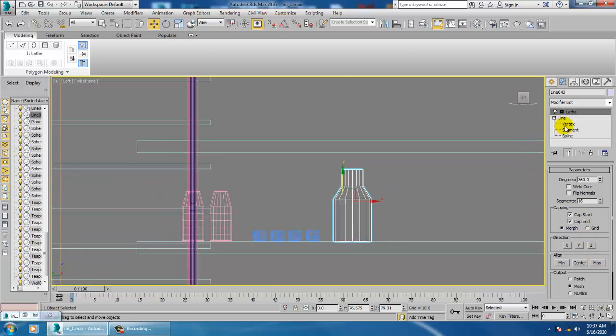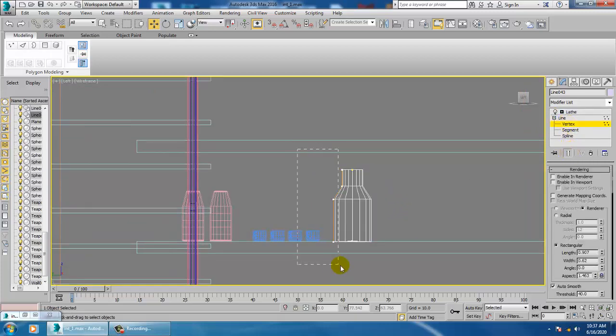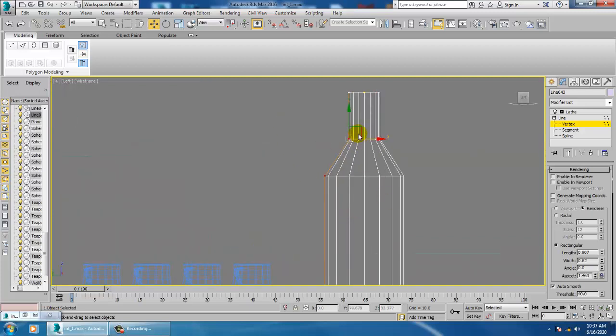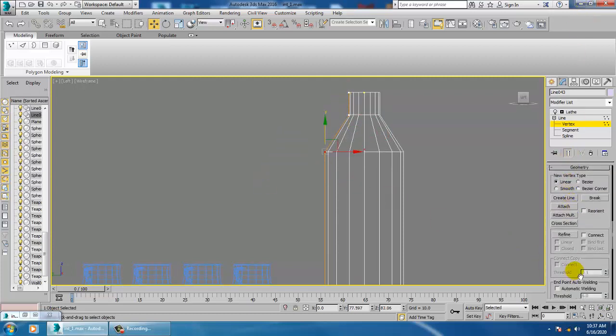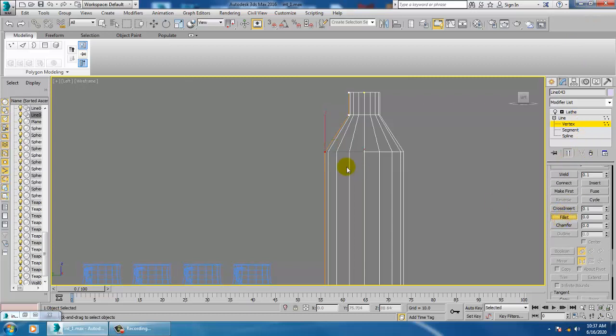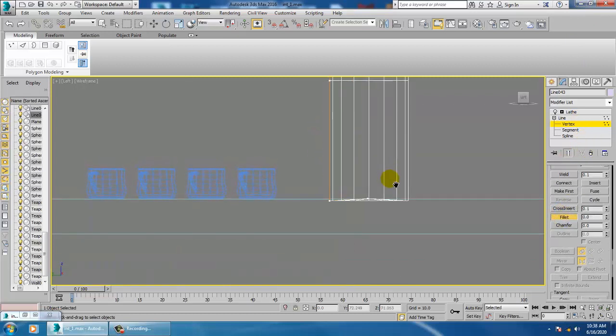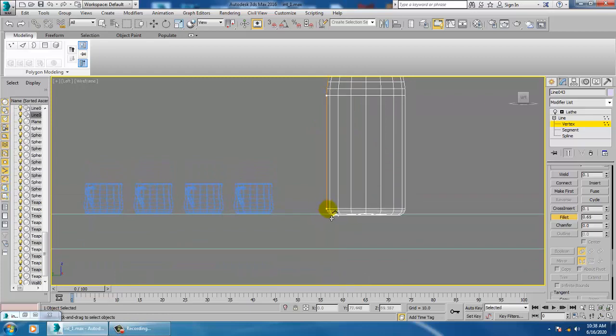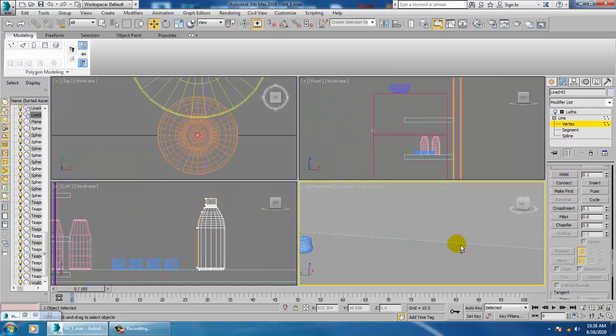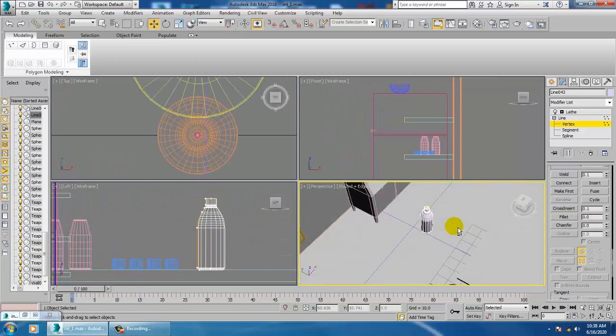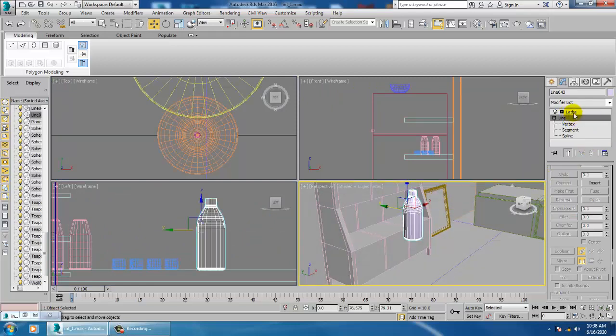Go into the line vertices, select this, push it a bit inside, and select this and we'll use a bit of fillet over here. We'll definitely use a bit of fillet. That's it. Once you're done, you can see we have just created this.